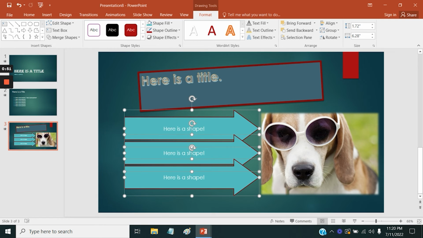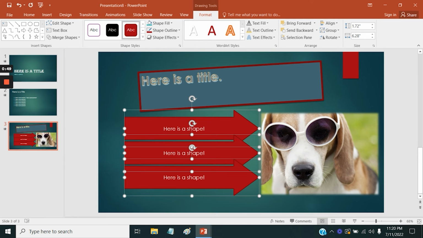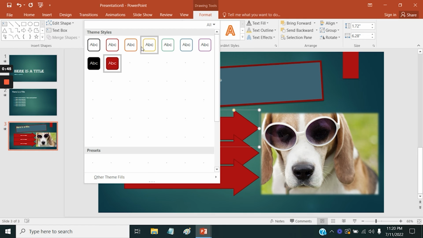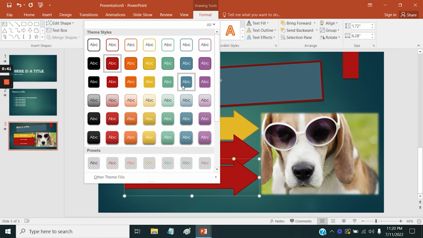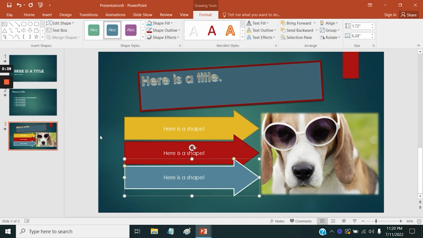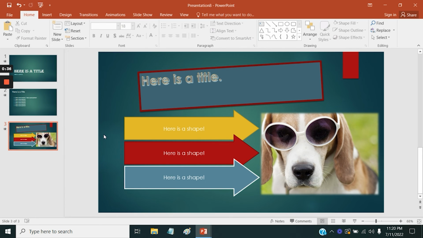I'm actually going to go ahead and give these each a different color, just to demonstrate something else. And that's the stacking order. Basically, every time you add an object to a slide, it gets stacked on top of everything else. If you wanted to adjust how things are stacked on top of each other,